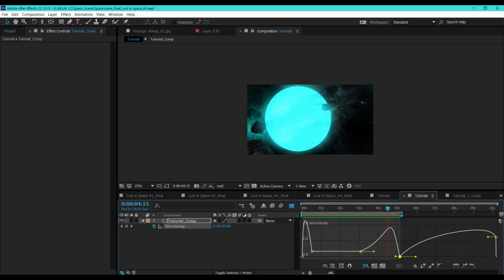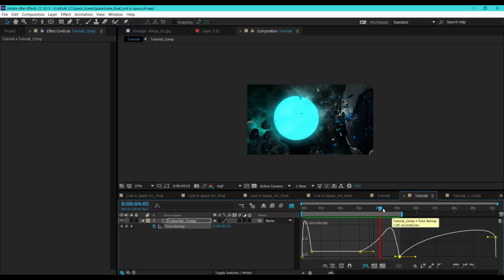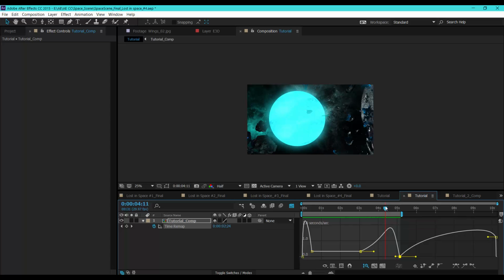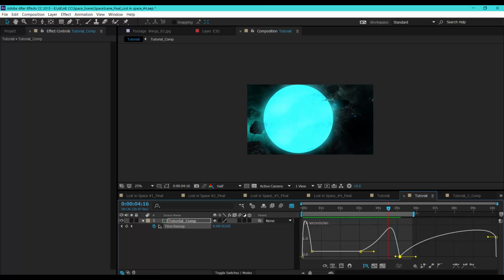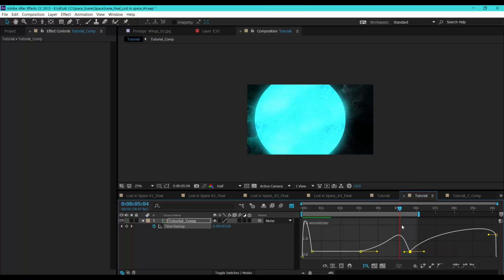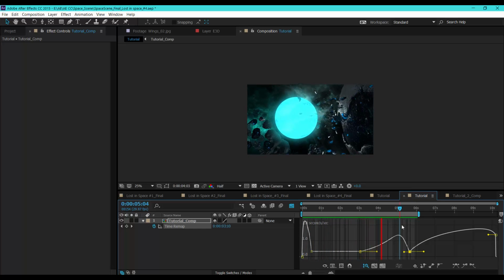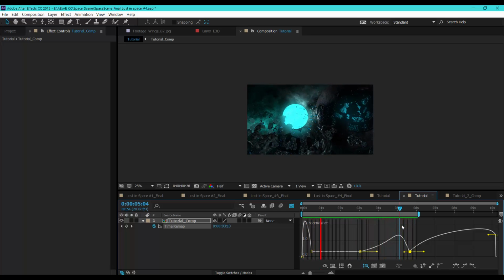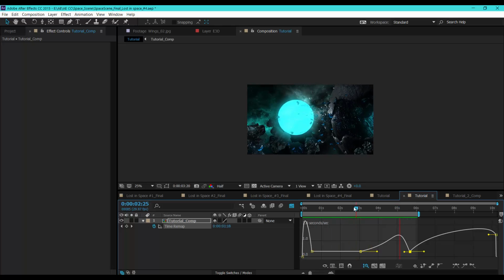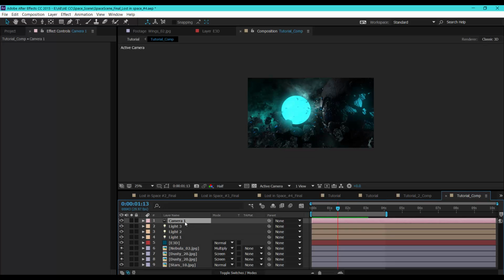One thing we can do, if you want this part more slowly, you can drag this keyframe simply. Okay. Let's play this back again. Okay, so now it's looking better, and we can also rotate the orientation.